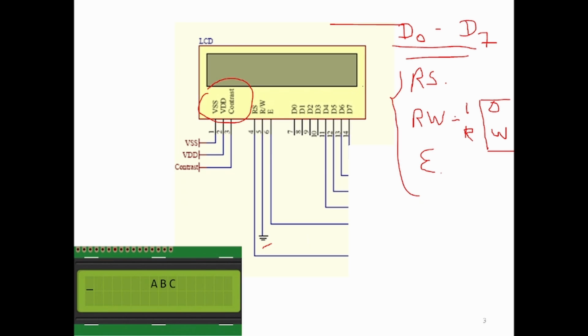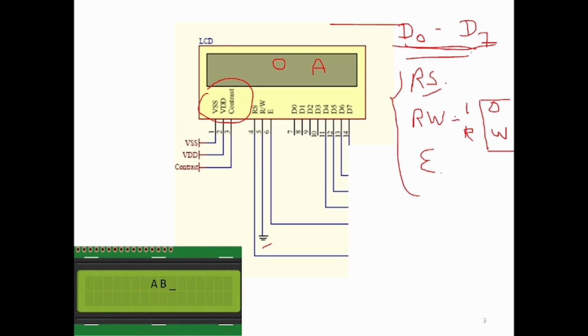Now RS is actually for selection of command or data, right? We have these 8 common pins, D0 to D7. So you can write command and you can write data also. Now data means whatever you will write on this D0 to D7, it will display on the LCD. If I want to display A, I have to write its ASCII value on D0 to D7, so that